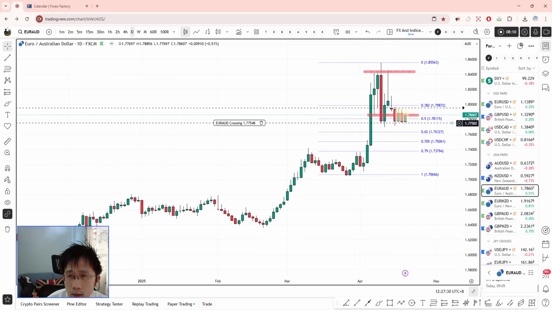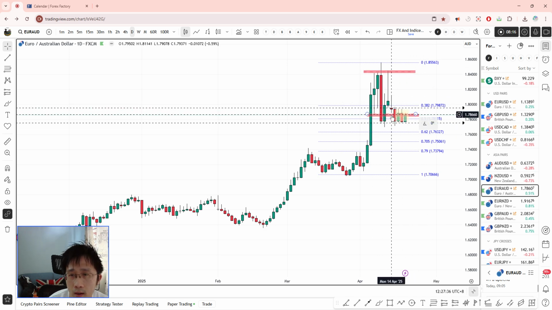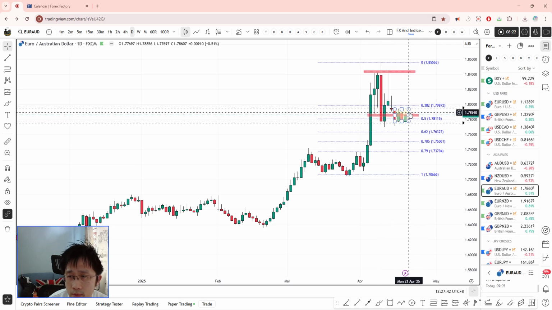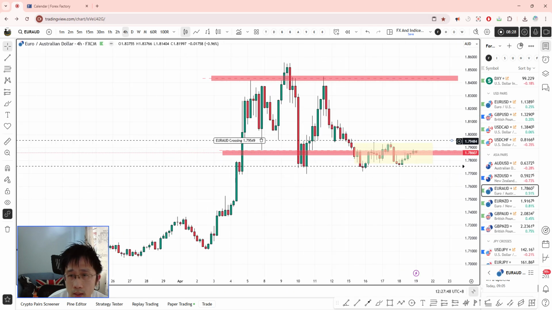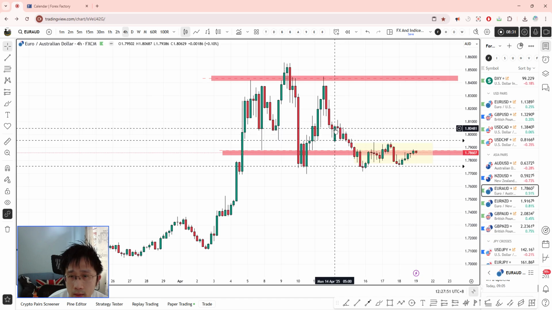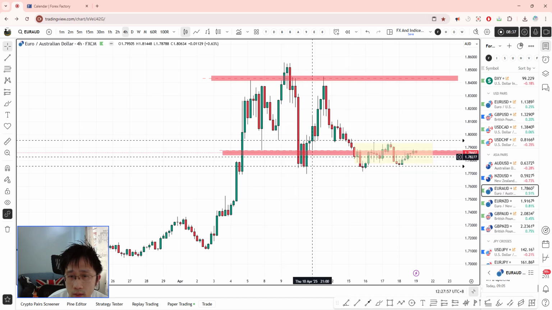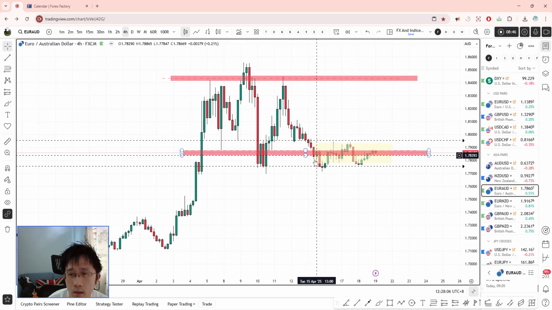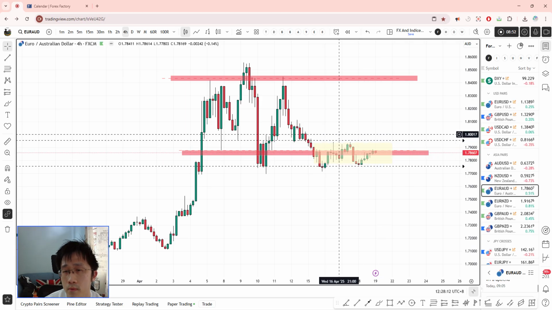So last week I was saying that for euro Aussie, I won't be looking much into shorting because of the likely bounce over here at the 50%. Okay, so this was the range that formed, and you can probably see it more clearly. Last week it was here before the week started. And of course it did come down, but over here was the place that I marked out that it could be bouncing in the range. And clear enough, it is still over here having this bouncing.